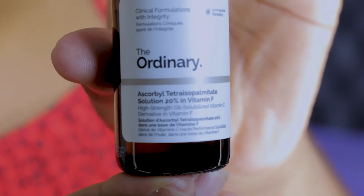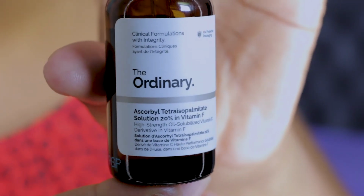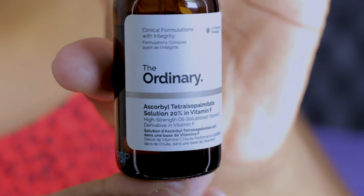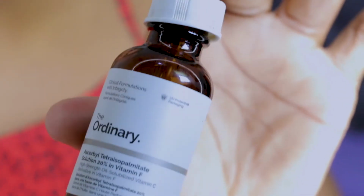Alrighty, so next I'm going to go in with my Ascorbyl Tetraisopalmitate solution, 20% in vitamin F. It's basically a vitamin C infused solution. It is a high strength oil solubilized vitamin C derivative in vitamin F, and basically what this does is help brighten your skin tone, it reduces visible signs of aging, and it's amazing because what it does is, if alpha arbutin